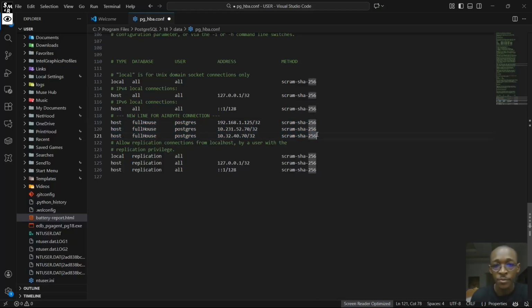Now, I don't know if there might be a better way to do this, but what I noticed is it doesn't connect using this localhost address, so you have to put in your own IP address in it. So you can see over here that you have the host, and this is my database name, and this is my Postgres username. So I have the database name and the Postgres username, and I have my IPv4 address here, then /32 and scram